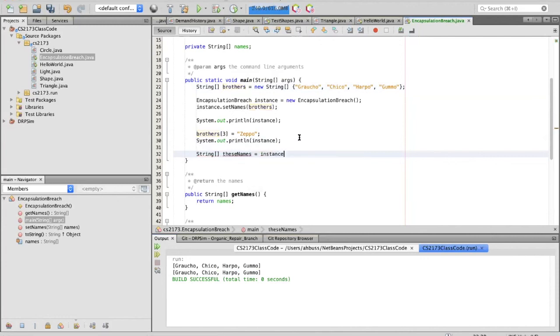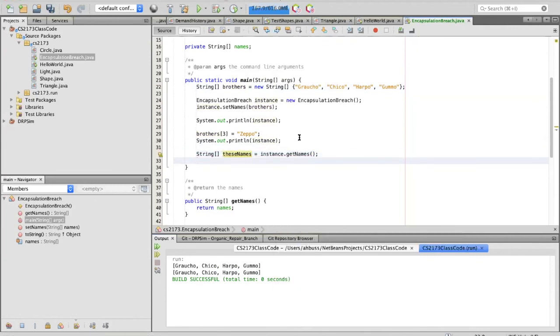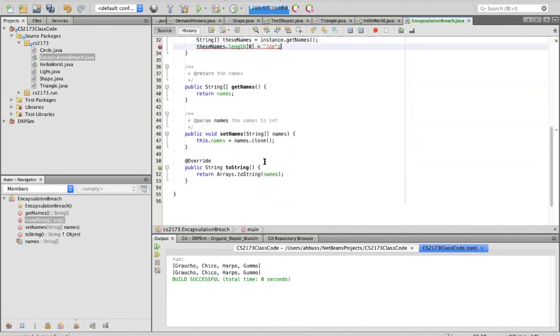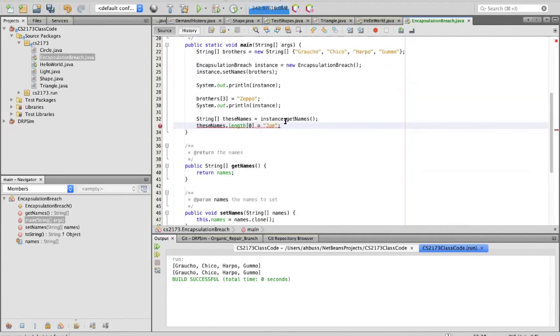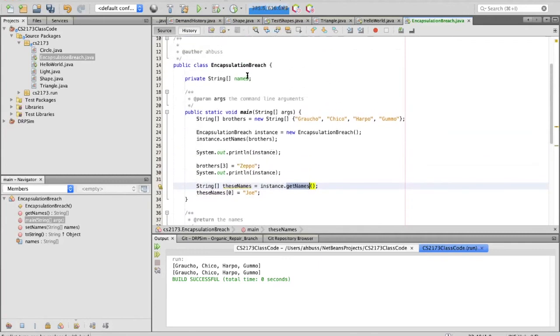I have this getter method. Okay, all I've done here is I've used the getter to get this.